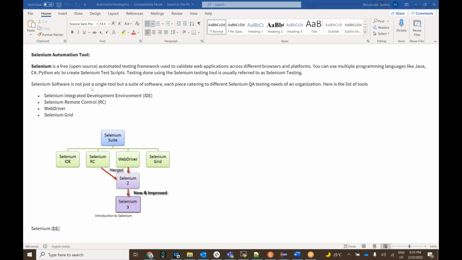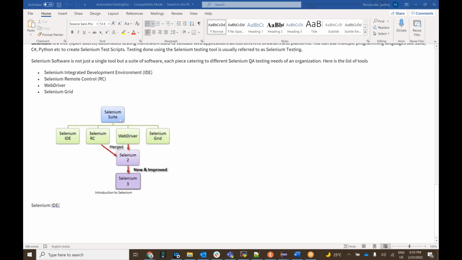Selenium is not a single automation tool. It has different components. Here there are four: Selenium Integrated Development Environment, Selenium Remote Control, WebDriver, and Selenium Grid. All four together we call Selenium. Each component has its own purpose. The Selenium Integrated Development Environment, basically, if you see the Selenium suite,